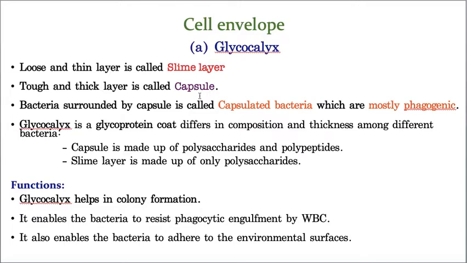If the glycocalyx is loosely arranged and very thin, it is called a slimy layer, whereas the same glycocalyx in some bacteria is very tough and very thick, and that is called a capsule. A bacterium surrounded by a capsule is called a capsulated bacterium, and capsulated bacteria are mostly seen in